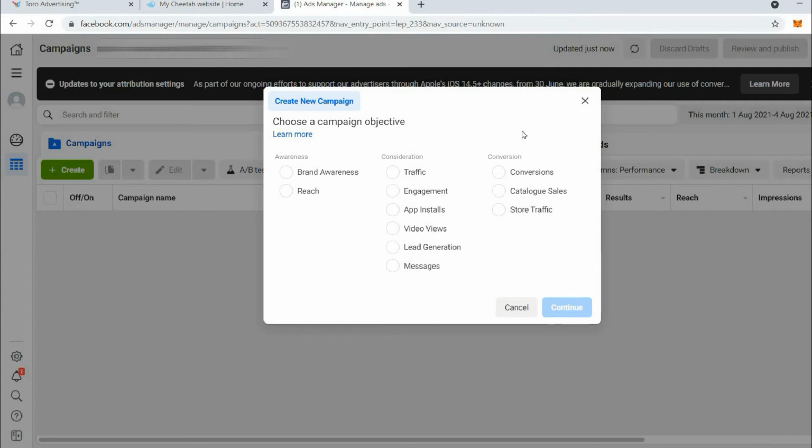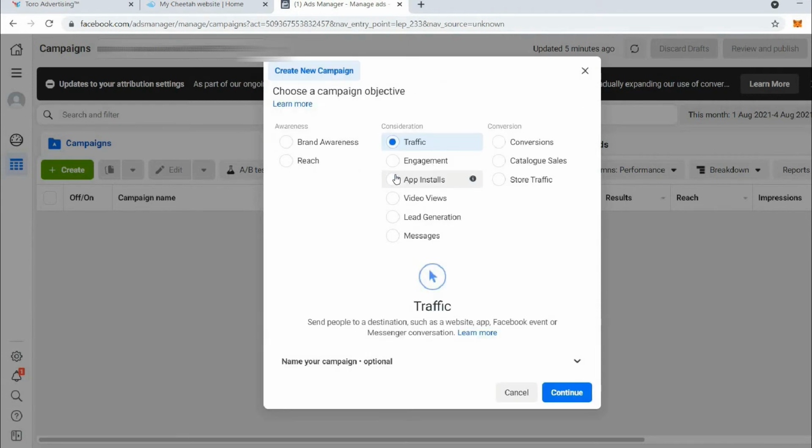So you need to give Facebook at least data of 30 to 40 sales, so that Facebook can know which is your target audience and which audience they should target that will convert on your offer. So you have to make sure that you have at least 40 to 50 conversions of data in your pixel before you even consider the conversions objective. As we are promoting a fresh offer, we don't have any previous data, so we are going to choose traffic objective only. And if you are an affiliate marketer promoting many offers, then in the starting I will suggest you to always go with the traffic objective, don't go with the conversion objective.